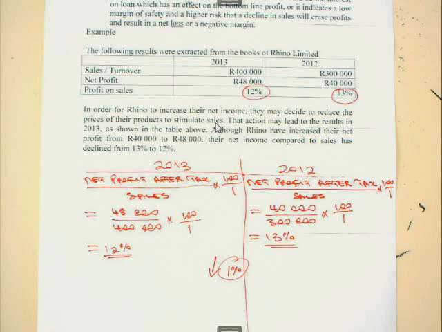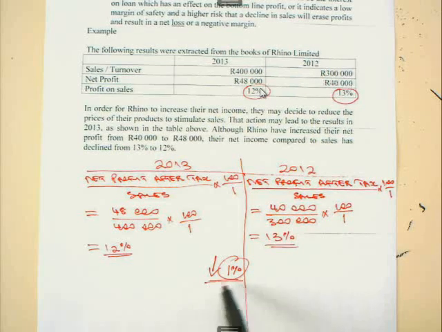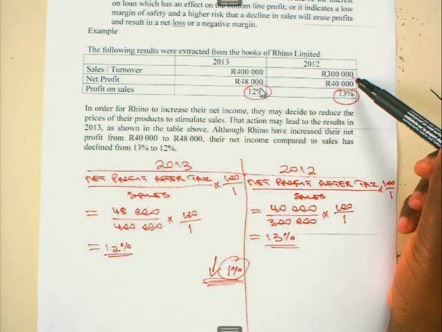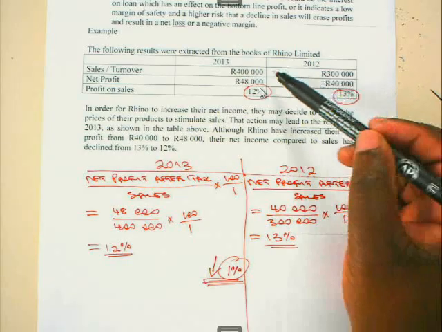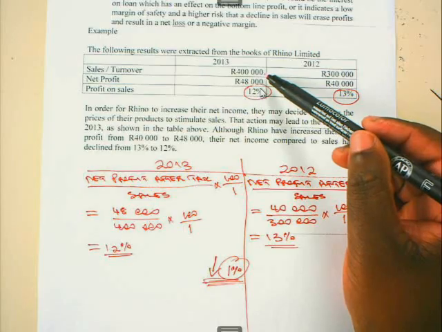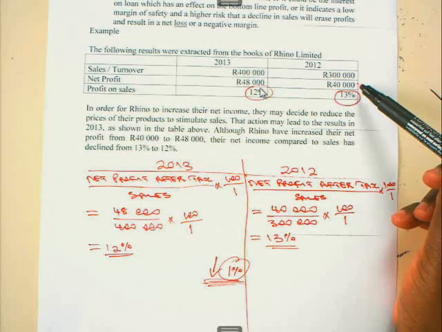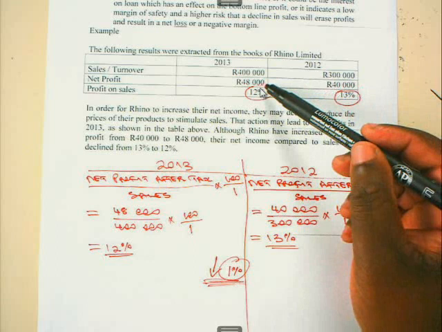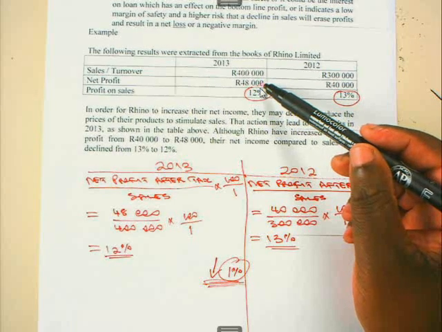Although the net profit on sale has dropped by 1%, look at your sales. Your sales were 300,000 in 2012. The sales increased to 400,000 in 2013, as well as the net profit. It was 40,000 in 2012, and in 2013 it's 48,000. But maybe